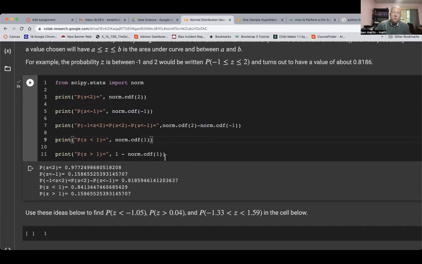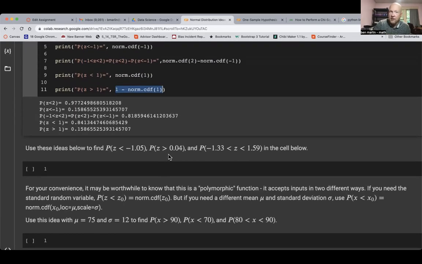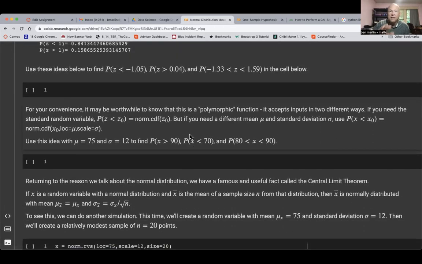Likewise, though, sometimes you need to know the probability that z is greater than something. And the trick on that is to just take 1 minus. Since the whole area is 1, the probability of being to the right of 1 is going to be 1 minus the probability of being to the left. Okay, it's referred to as complementary events. So I'm going to ask you to do something here where you figure out how to do that calculation as well. All right. Then also, I didn't provide you code for this, but I want you to figure out how to do it. Well, I provided you the idea of the code. I didn't actually give you an example.